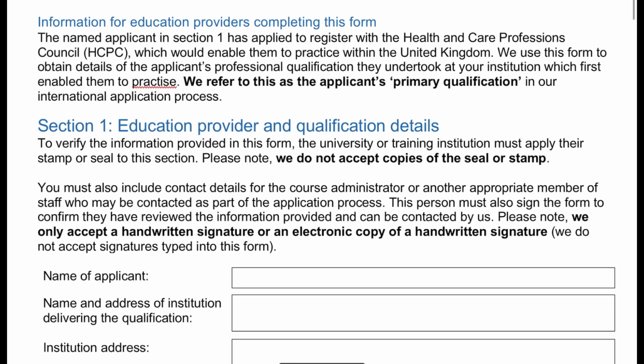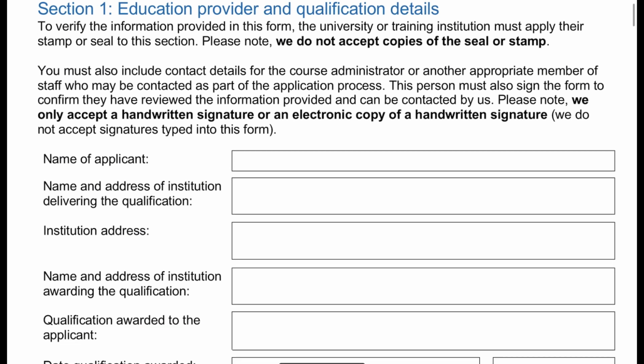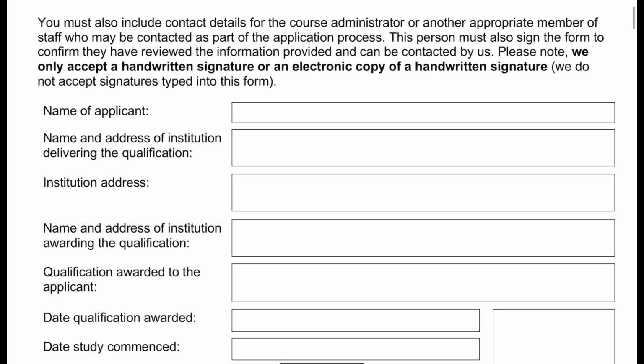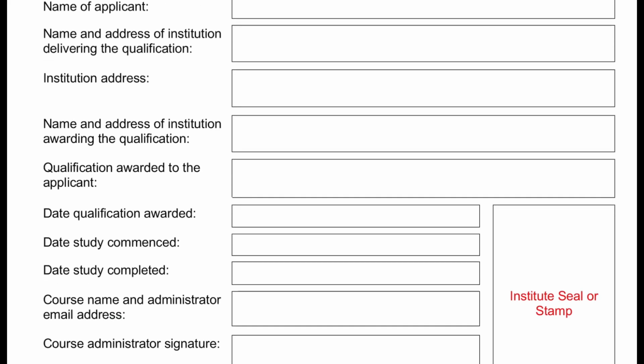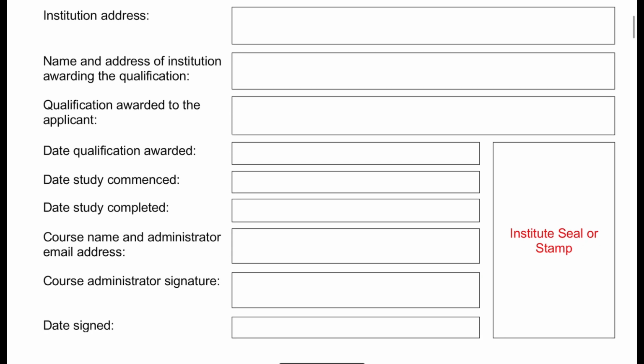So this basically certifies your primary qualification. You have to get a physical copy from your college or university and scan and upload the document. If you go down further, you will see the name of the applicant, name and address of the institution delivering the qualification, which is your college address, and name and address of the institution awarding the qualification. Suppose your college is under a university and the university is giving you the degree certificate, then you have to mention the university name and address, and then the qualification awarded to the applicant, like your degree name,